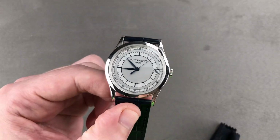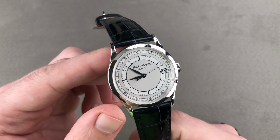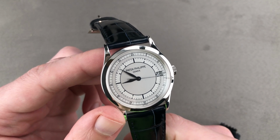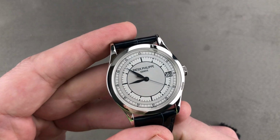This is a watch that represents the best of Patek Philippe. You don't need a grand complication, you don't need a Nautilus, and you don't need to buy steel. White gold, sector dial, 3 hands and a date. All you need for any occasion. The ultimate 3-hand date Calatrava. This is the